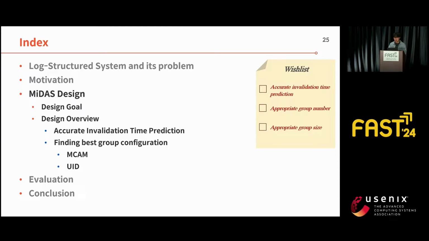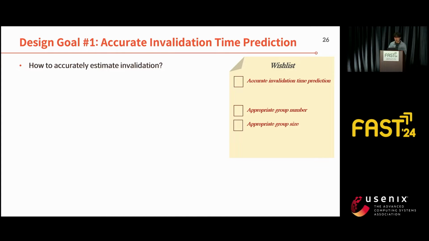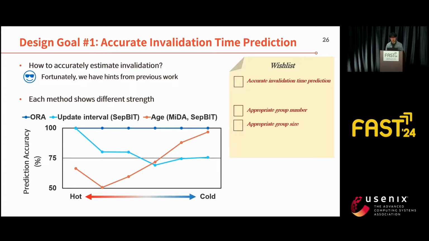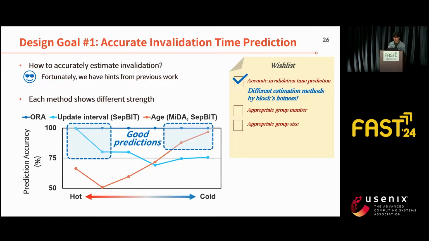So to overcome those limitations, we designed MiDAS. First, we established design goals that adhere to the wish list, and based on these goals, we developed MiDAS. Our first design goal is how to accurately predict the invalidation time of a data block. Fortunately, we already have some hints. As seen in the previous result, each method shows different strengths in prediction depending on the data block's hotness. For example, update intervals have high accuracy for hotter blocks, while age has higher accuracy for colder blocks. Therefore, for accurate prediction, our design needs to utilize different prediction methods depending on the block's